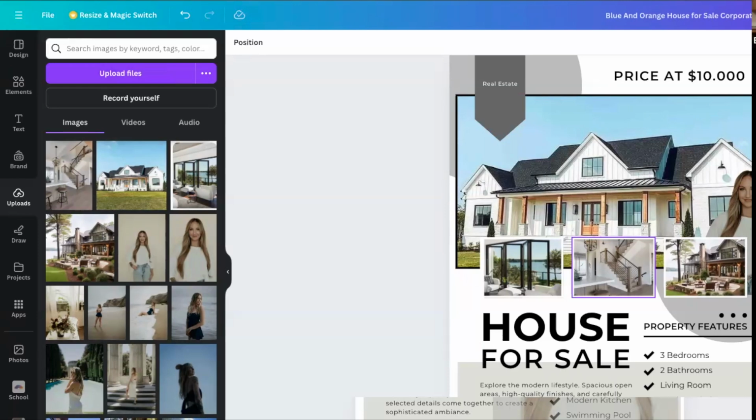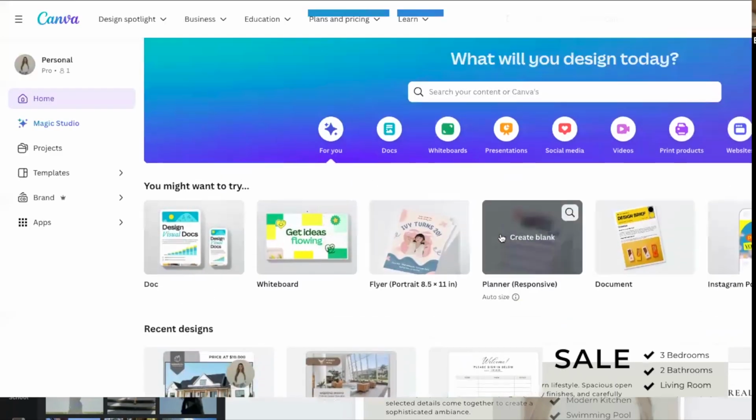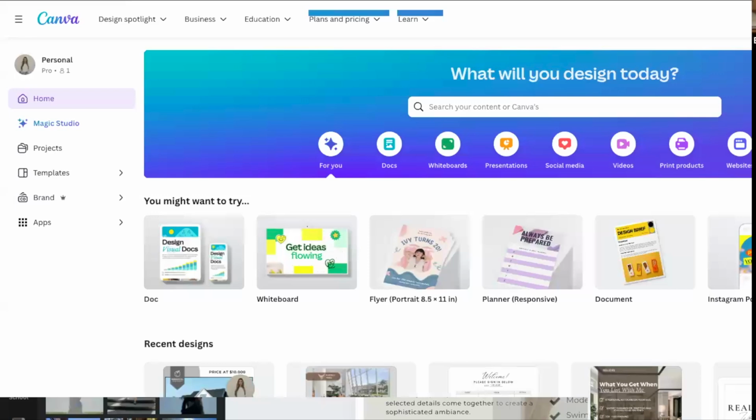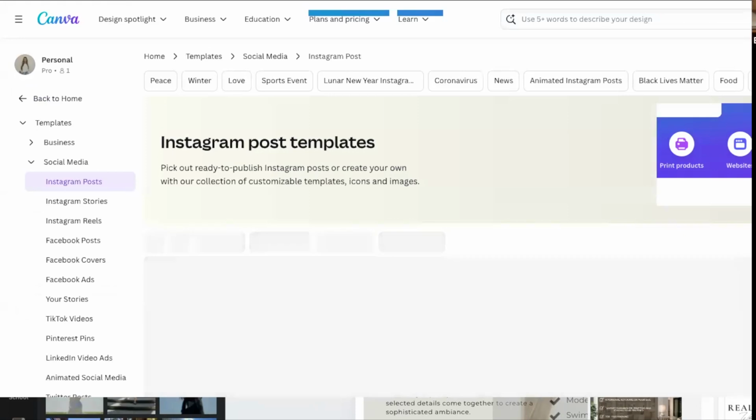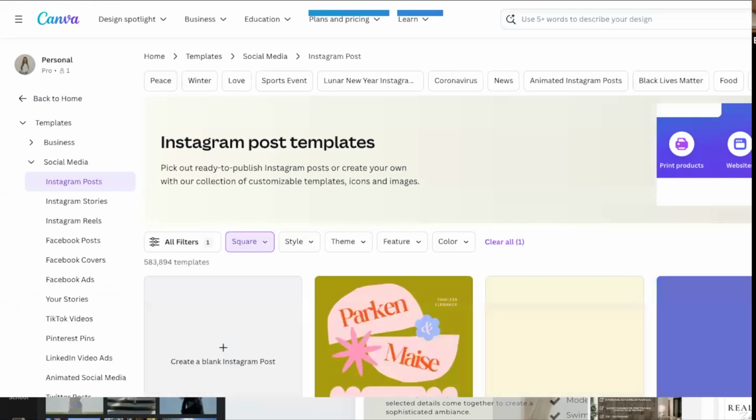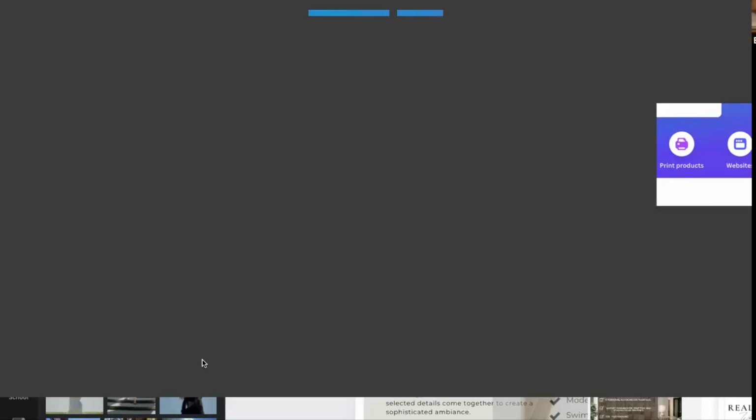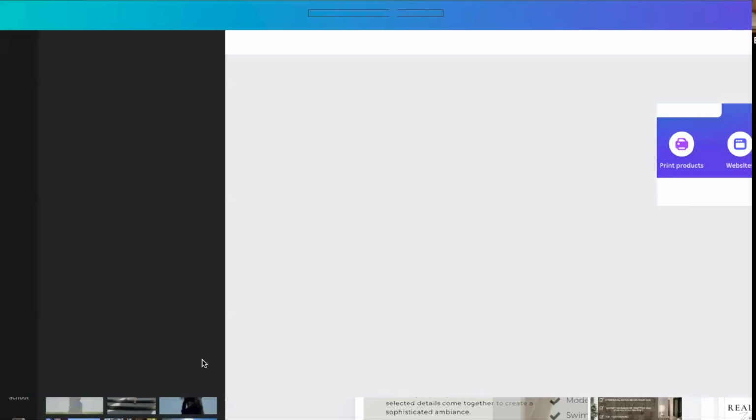So we're going to go back to Home Canva. You're going to be in your home. We are going to go to templates off to the side. I don't know what it's verifying. Someone's hacking my computer. We're going to find Instagram posts, square. This also works for Facebook posts, literally anything you can click. And then when we're here, we're going to create a blank Instagram post. So now that we're at this blank Instagram post, when all of this decides to load,